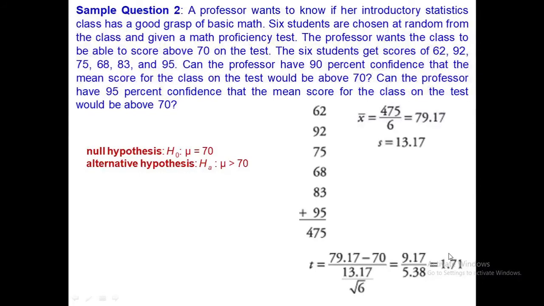One way to reason about this is to look at the formula and see what effect different means would have on the computation. If the sample mean had been 85 instead of 79.17, the resulting T value would have been much larger because the sample mean is in the numerator. The larger it is, the larger the resulting figure will be. At the same time, we know that a higher sample mean will make it more likely that the professor will conclude that the math proficiency of the class is satisfactory, and that the null hypothesis of less than satisfactory class math knowledge